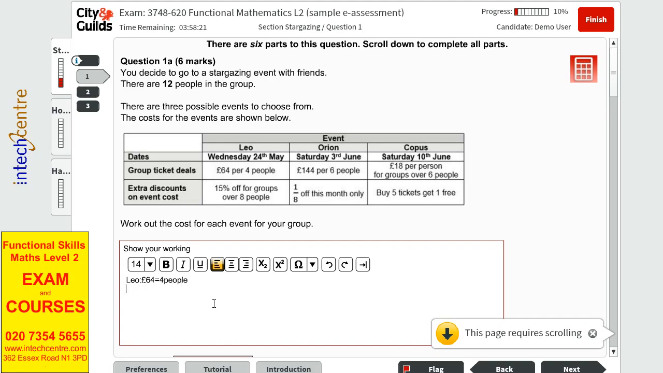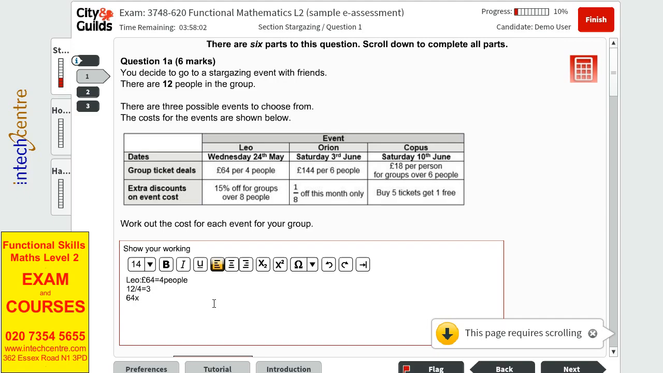Because it's 12 of us, it means that we have 3 groups of 4 people. We can do 12 divided by 4 equals 3. This is how we know how many groups of 4 we have. And then it's easier for us to just do 64